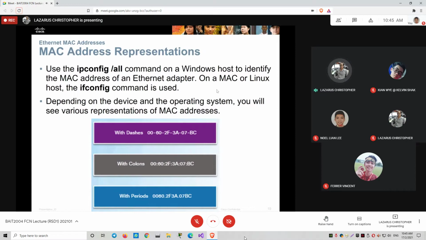Okay, it says there depending on the OS. So different OS, different. Okay, so Windows basically uses the second one. I think Linux may use